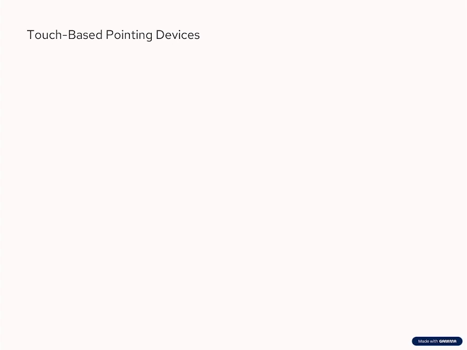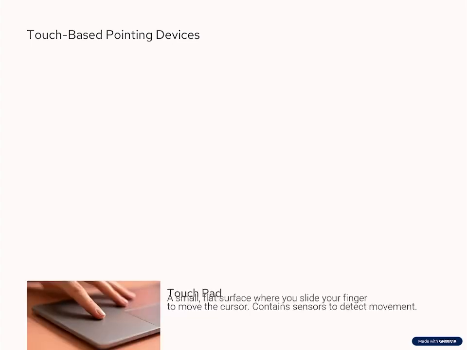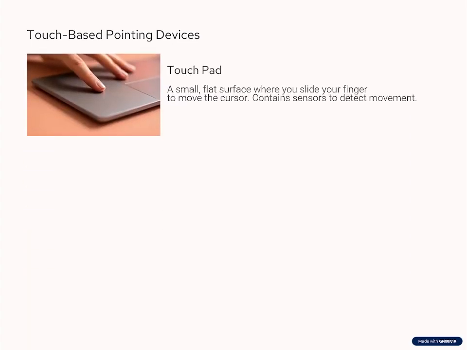And the input activity that we perform in your smartphone is the touch-based activities, whereby we touch to give instructions. So an example of a touch-based pointing device is the touchpad within our laptops,